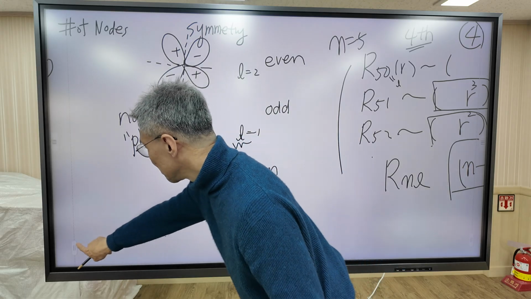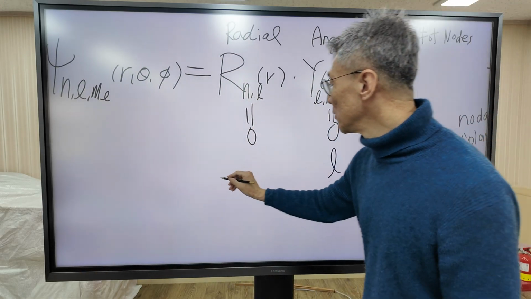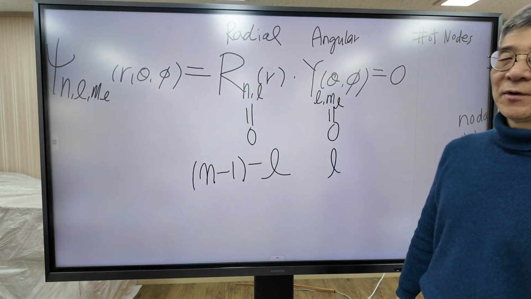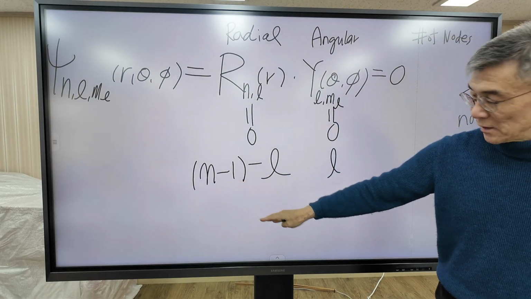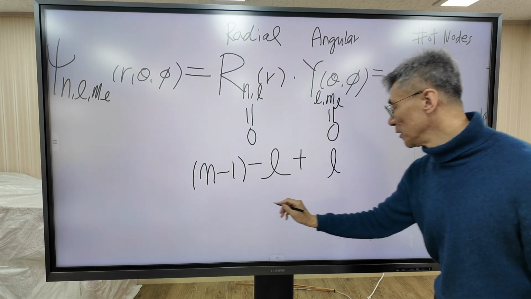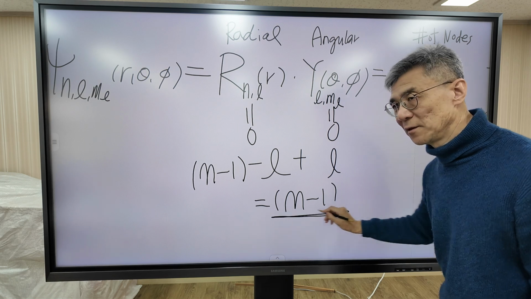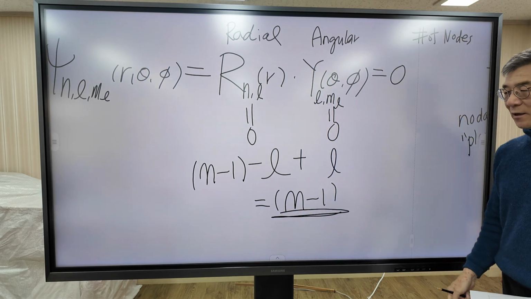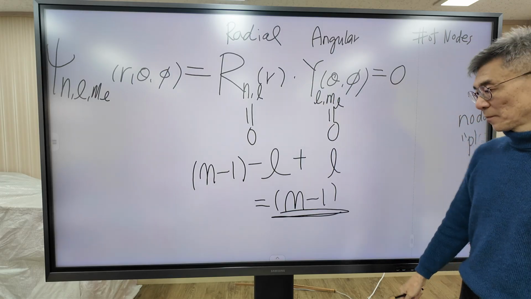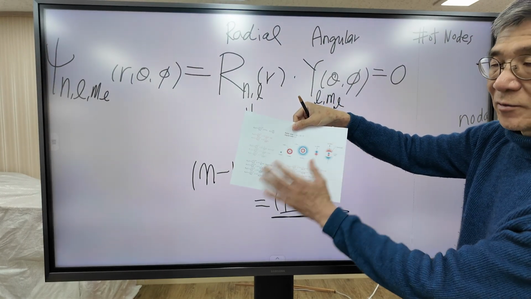So this is the number of radial nodes for this radial function. So, final conclusion. This is the number of radial nodes, and this is the number of angular nodes. When you sum the two, it is equal to n minus 1. So as you can see, as the number of nodes increases, energy also increases. Now on this handout, you have a colored picture of the atomic orbitals.